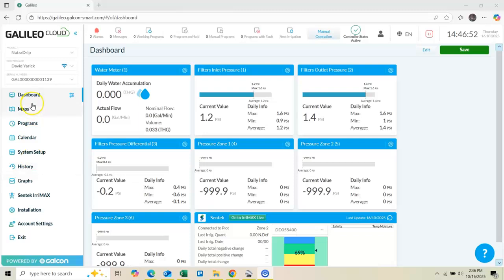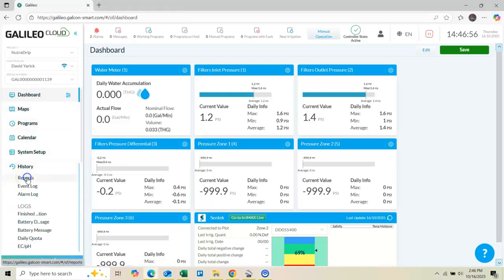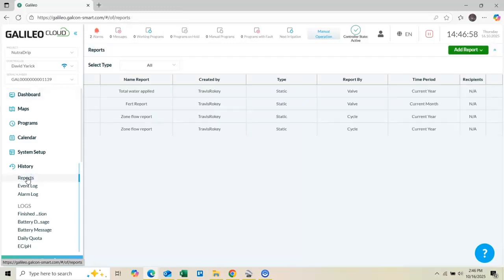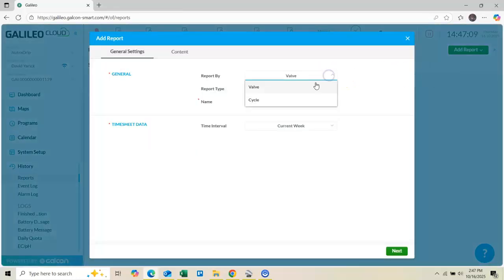dashboard. Actually, we can log in and then go down to history. And we want to pull a report to get this data. Alright, so we're going to go in here and hit add a report. We're going to do just a static, a one-time report. We're going to report by cycle. And then we're just going to name it